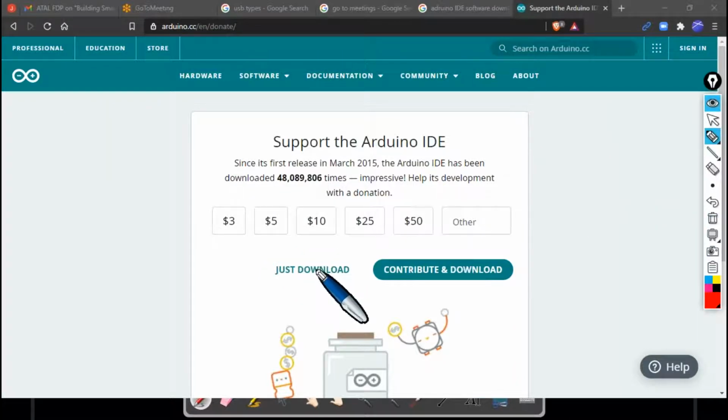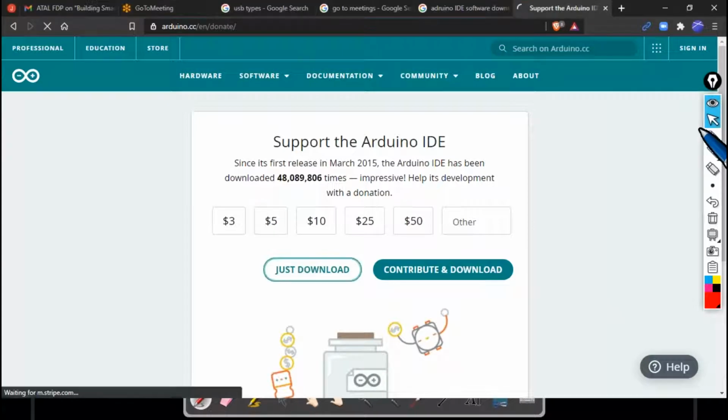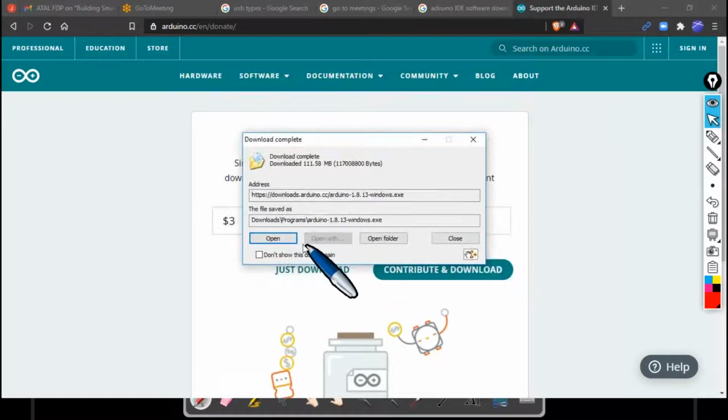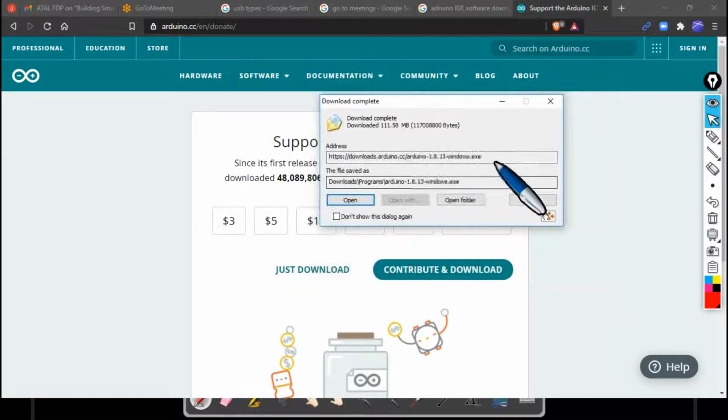So here, let me hit on this. Because I have already downloaded the software, it is showing that you have already downloaded. Let me re-download this.